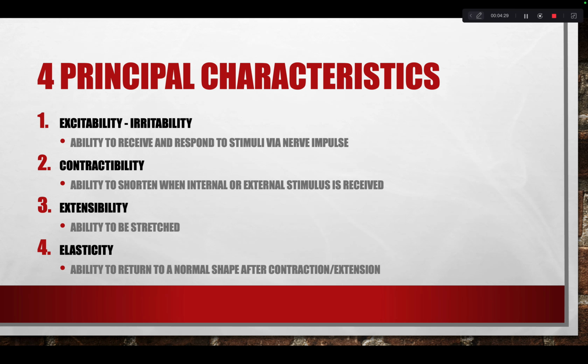Contractibility. Think of our muscles contracting. So this is the ability to shorten when any kind of stimuli is received internally or externally. So excitability, contractibility, we have extensibility. So you can shorten, but now we can stretch. Think of you extending your arms to reach for something. You are stretching those muscles. And last, we have